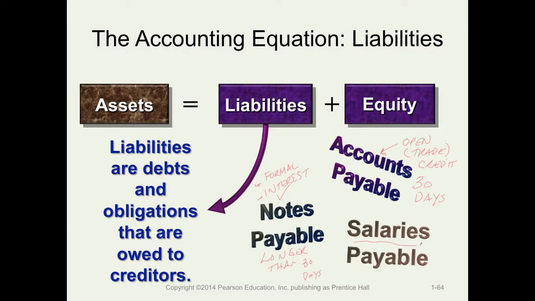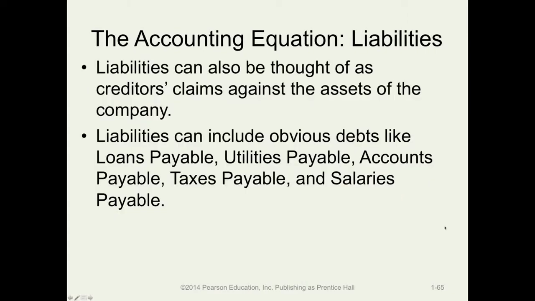And of course, you could have other liabilities for salaries and wages. So again, as we said, we think of liabilities as creditor claims against the assets of the firm. It's a senior claim. And again, notes payable, loans payable, utilities, accounts, taxes, and salaries would be included in the liabilities. Now, these are, as we say, obvious debt, things that you would think of as liabilities,